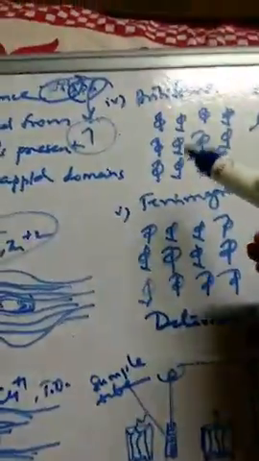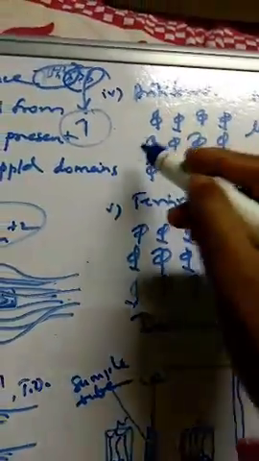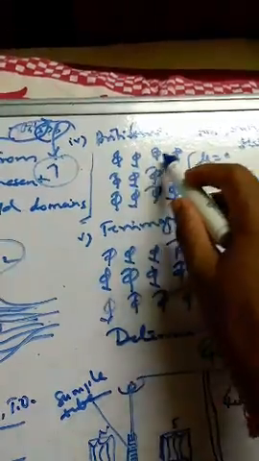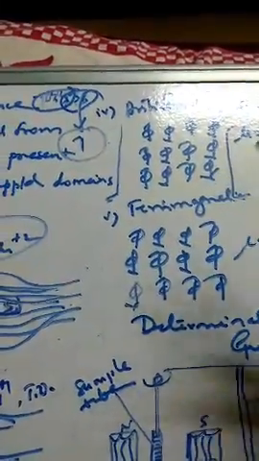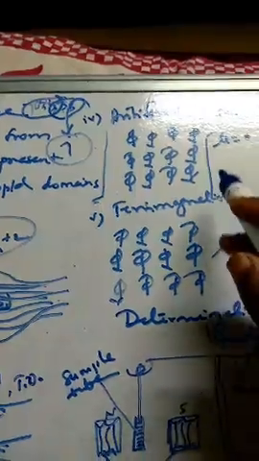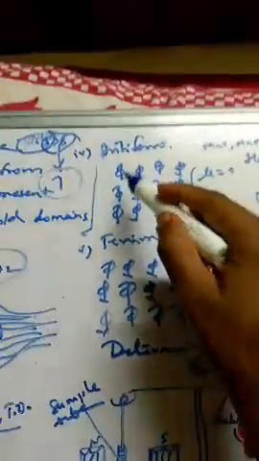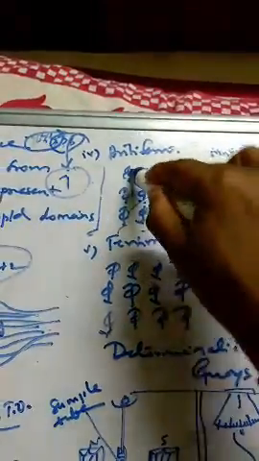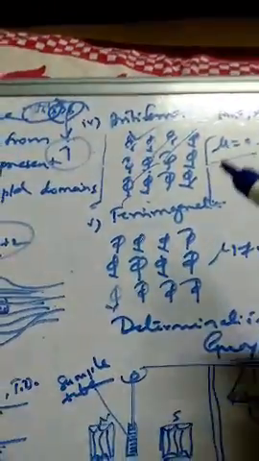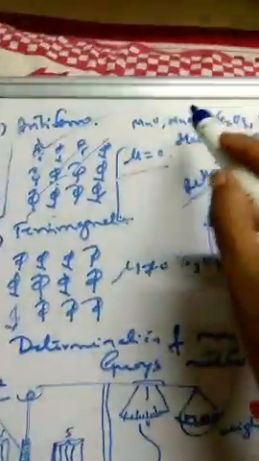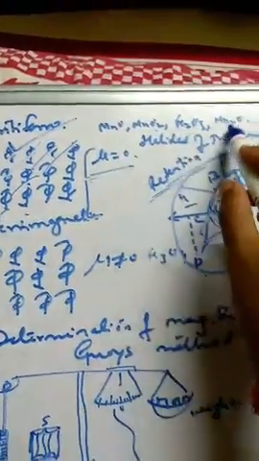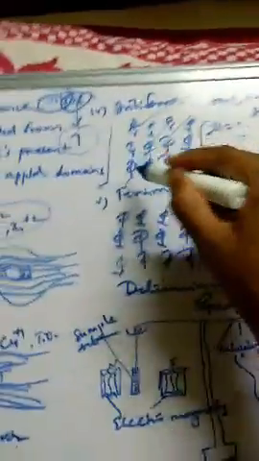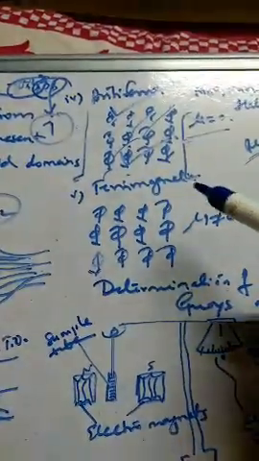Now coming to the next one. In some cases, when I put the field, the alignment is plus half, minus half, plus half, minus half, exactly like paramagnetic, but they are arranged in a very regular way in the presence of the magnetic field, and all cancel: plus half, minus half, plus half, all will cancel, and the mu value will be 0. Such substances we call antiferromagnetic, where mu is equal to 0. Most of the manganese complexes are examples: MnO, MnO2, Mn2O, Fe2O3, and halides of transition elements. These are some examples of antiferromagnetic substances.